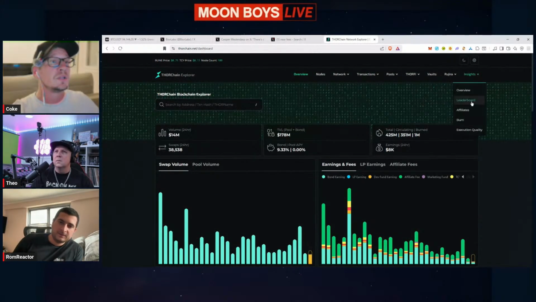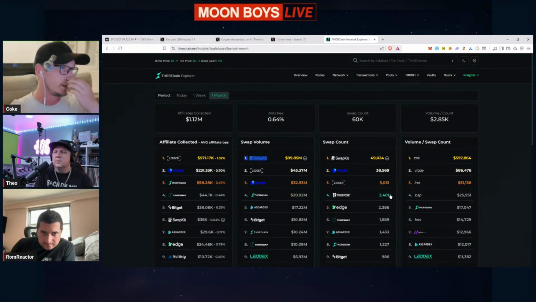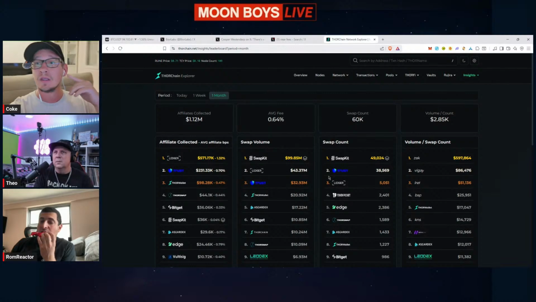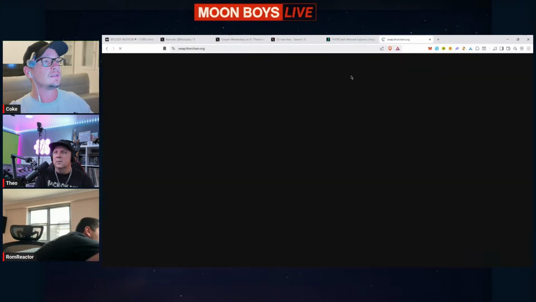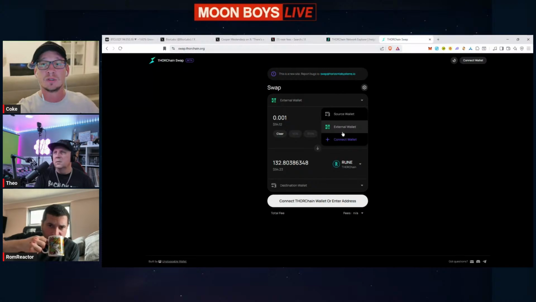So if we go to the leaderboard, we can see the most volume goes through SwapKit, and if you see this, they are an aggregator. They offer a service for Trust Wallet, and there are a lot of others as well. So they are at the moment eating basically NEAR's and everybody's pie. So we will make our own as well. Then let's go to swap. As I mentioned last week, we have the Memo-less, so you don't have to connect your wallet to make transactions. That's kind of crazy and unique as well. You don't have to compromise your Ledger to make the swap.